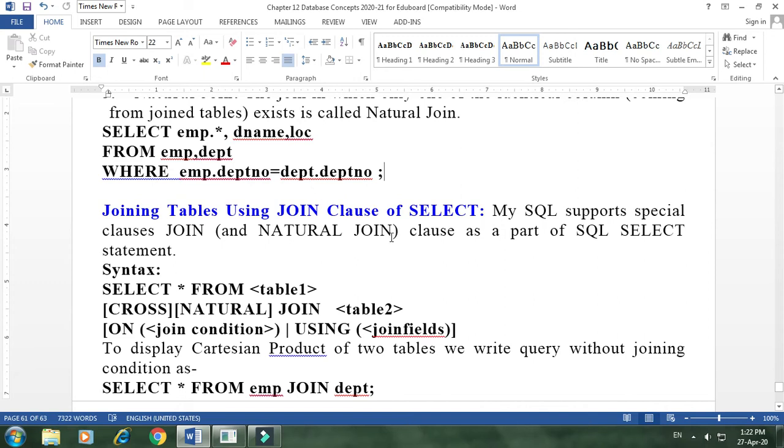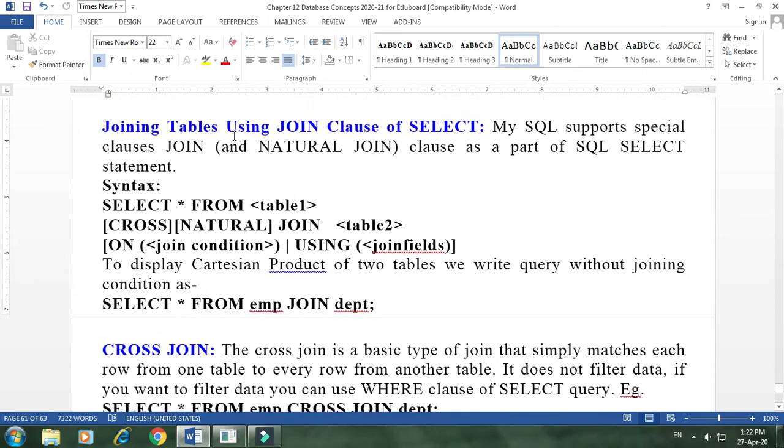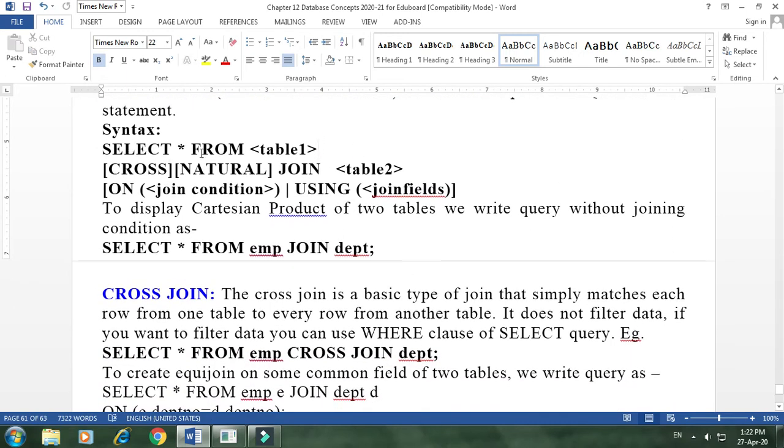There are some other clauses also that we can use to join simply. You can see here joining tables using the join clause of select. Join is a special clause through which we can join. So MySQL supports the special clauses join and natural join as part of the SQL select statement, and we can see the syntax: select star from table name, then cross join or natural join, whatever join you want to do.